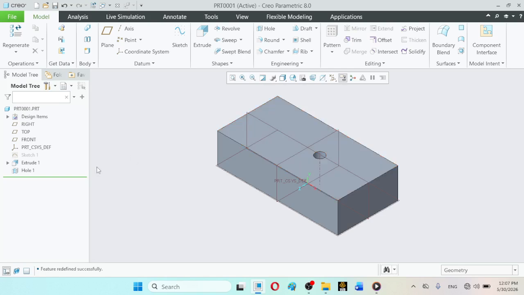Here you can observe. Now again you can use the pattern command.